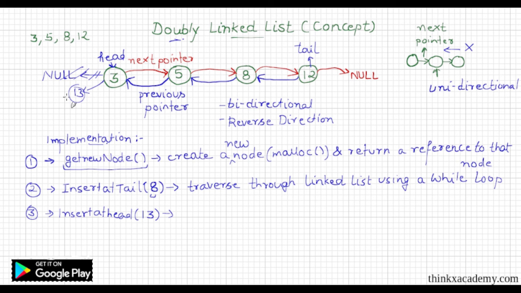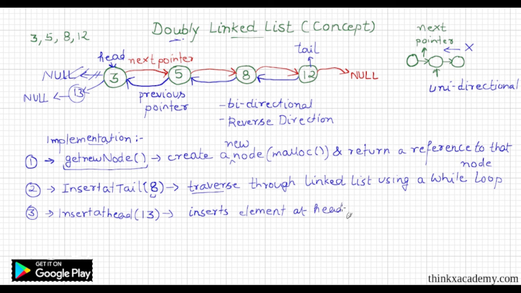We will have to point this to the node, and then we will point it to null. So insert at head, we don't need to traverse the linked list, because we are going to add the new element at the starting of the linked list. So insert at head inserts an element at the head,